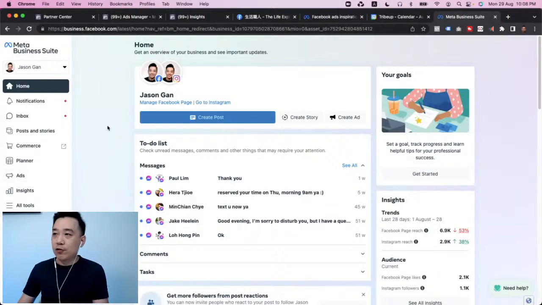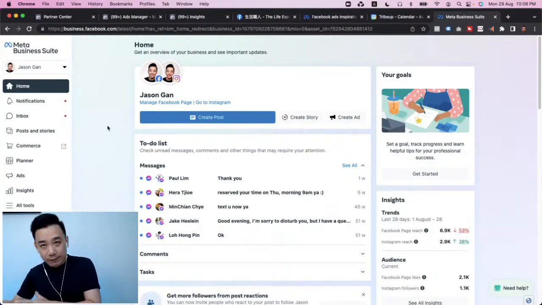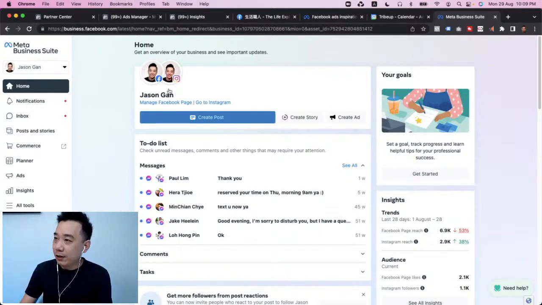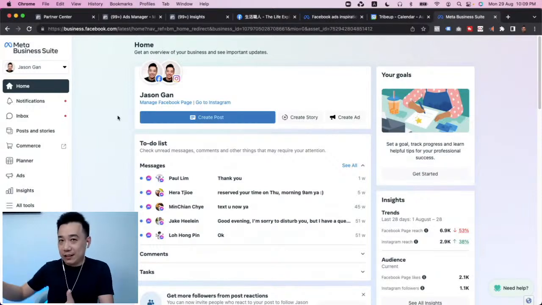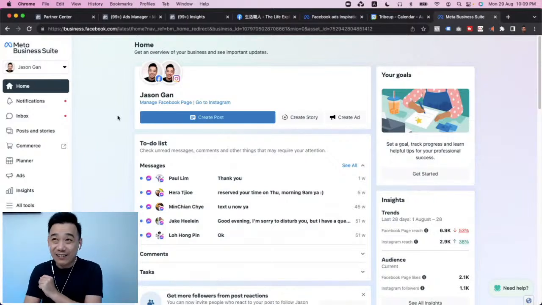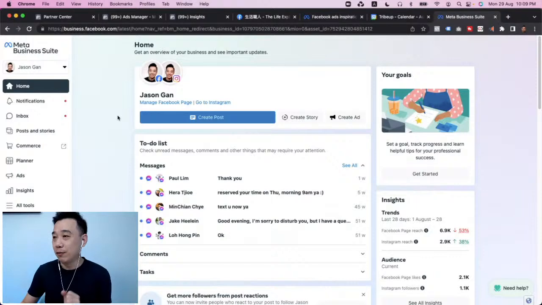Now, for those who are already in Meta Business Suite, how do we get into the Meta Business Manager? Let me walk you through real quick. This is your Meta Business Suite. You have to do this on your desktop version, as in your laptop or something like that. You can't do this on mobile. When we talk about Facebook advertising and whatnot, you can't do a lot of things on mobile. I just want to quickly give you this heads up.